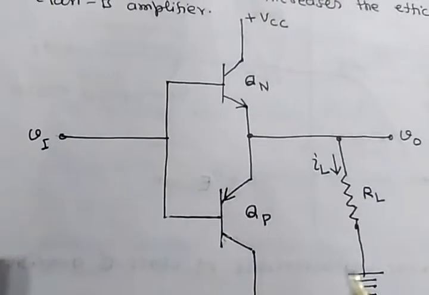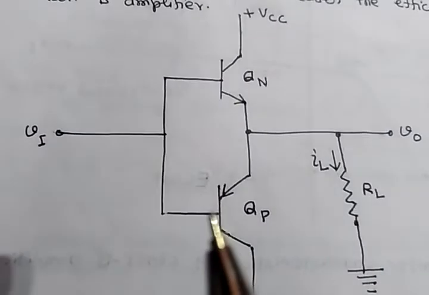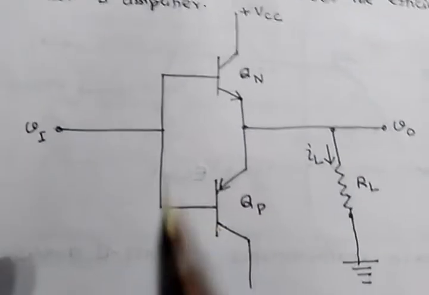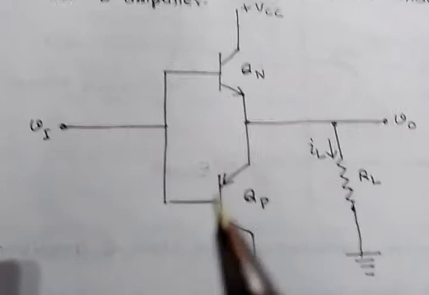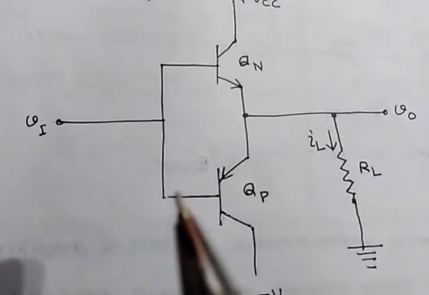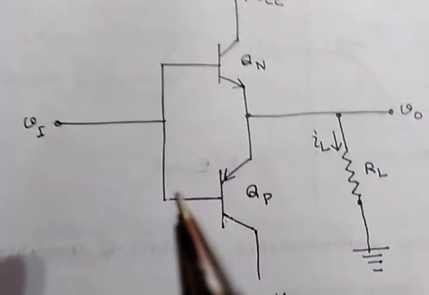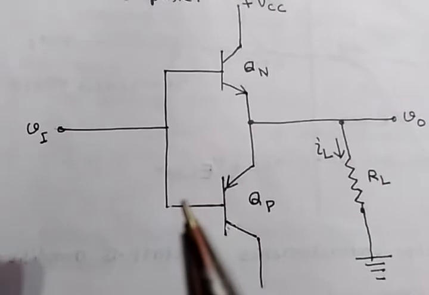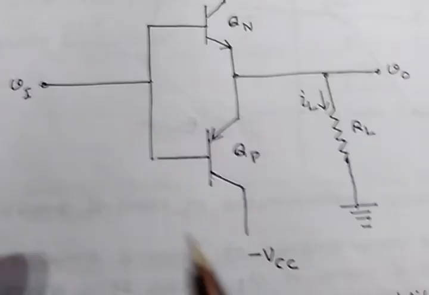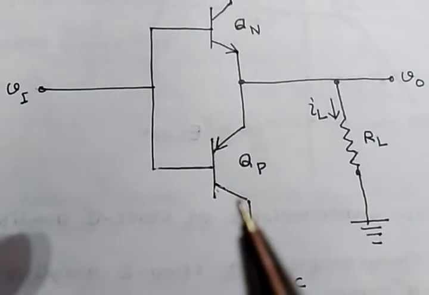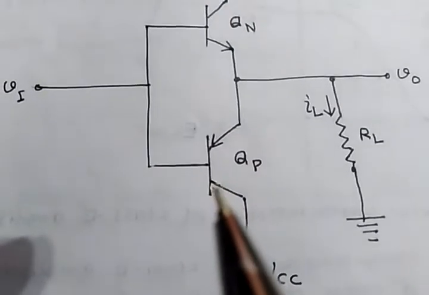P region is at ground potential and base, which is N region, is also at ground potential. So emitter base junction of QP is in reverse biased condition, and here collector, which is made by P region,